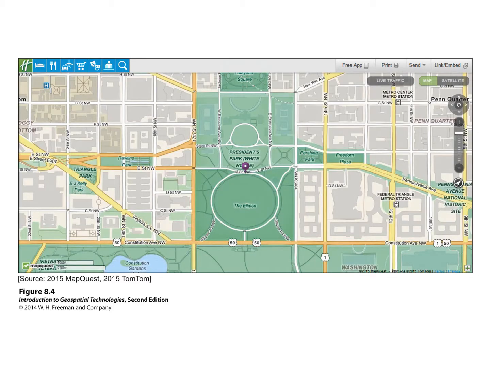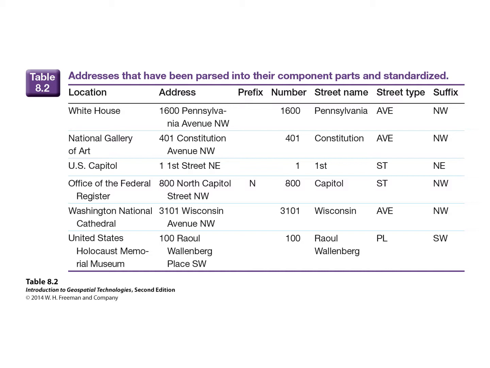So when you use something like MapQuest or TomTom or what have you, it lays out the roads and you put in an address and it literally finds that road, that zip, that street number, that side of the road to your location. Here's some breakdowns of what we're looking at. If you put in something like the White House, you know it's 1600 Pennsylvania Avenue Northwest. And so the number would be 1600, the street would be Pennsylvania, type would be Avenue, suffix would be Northwest. You can break down these various addresses and use that to find locations in a